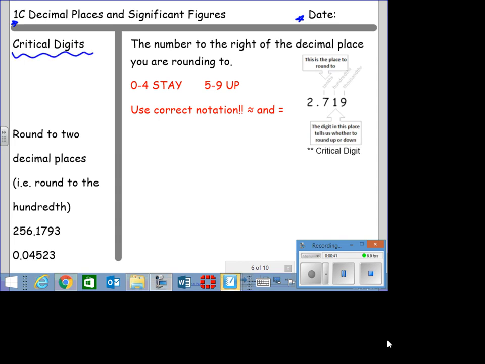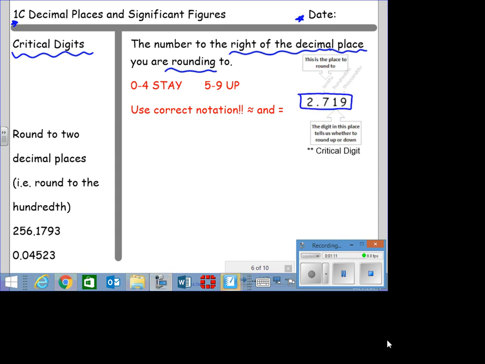First word is critical digits that we really need to be familiar with. Anytime that you're asked to do something with a decimal, you're going to have to look for a critical digit if you're supposed to round. You guys are asked to round a lot, so we need to understand what that rounding really means. A critical digit is the number that's to the right of the decimal place that you want to round to. So I have an example off to the right,